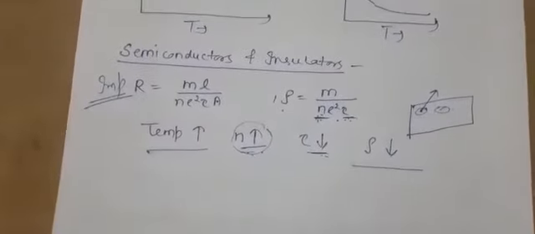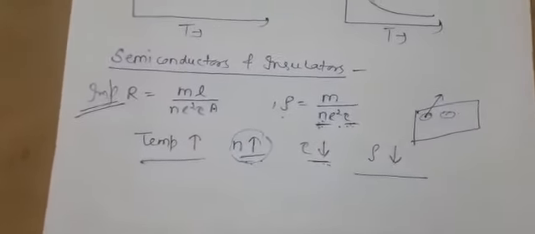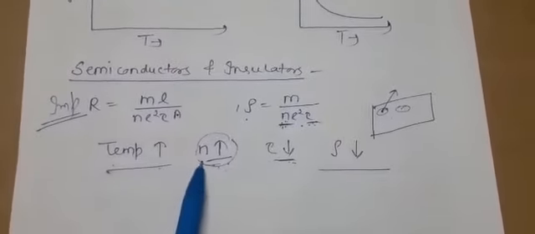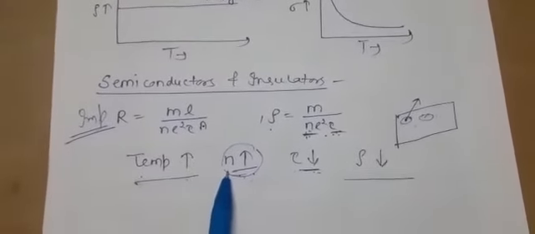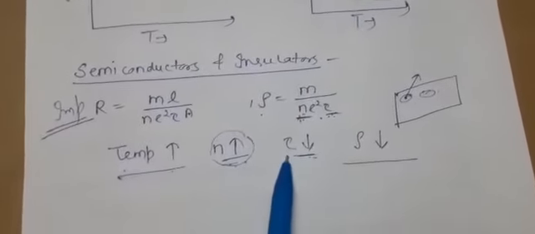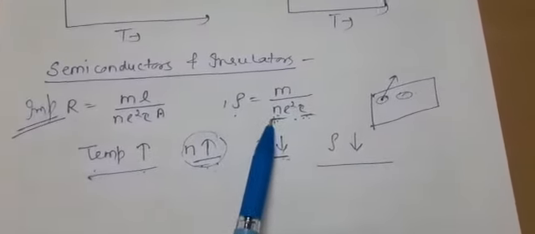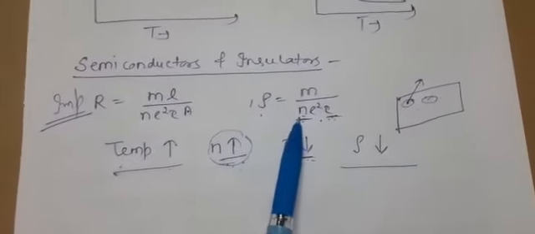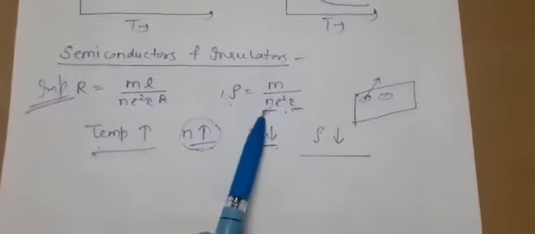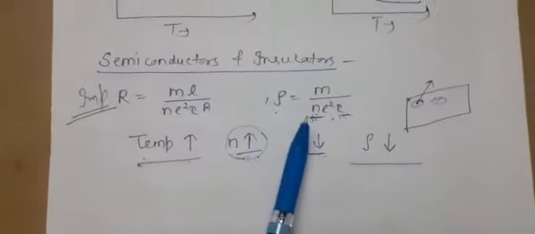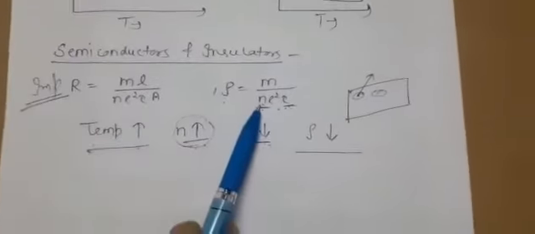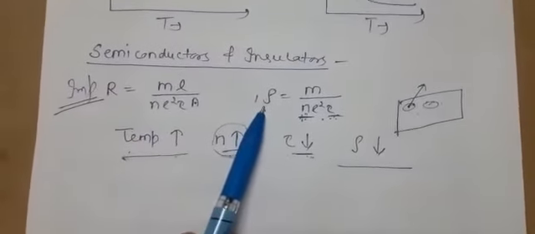Although you are doing it here in this unit, you will do it in the last unit also. I am repeating, with the rise of temperature, the number density of electrons increases. Why? Because covalent bonds break up and more charge carriers become free. That leads to a decrease of relaxation time. But both n and relaxation time are in the denominator. The number of electrons that get free within a particular volume is more as compared to the effect on relaxation time, so its effect is dominating, n rises more, and hence resistivity will decrease.